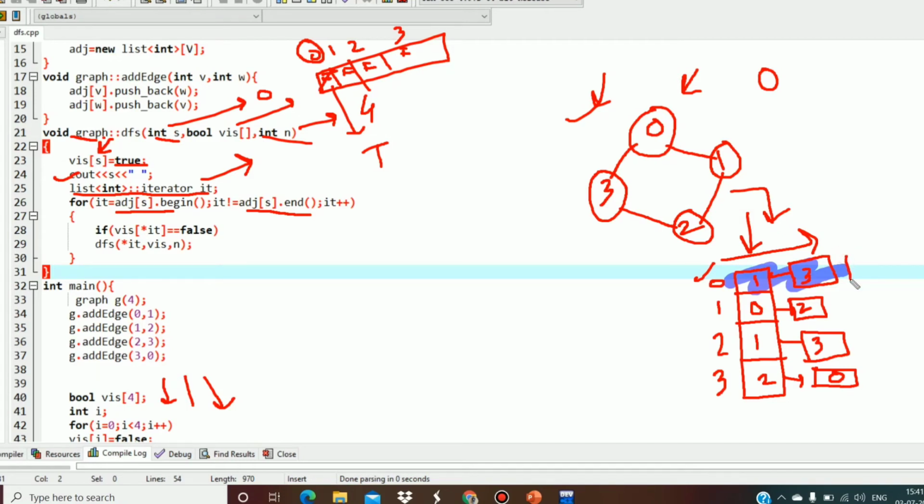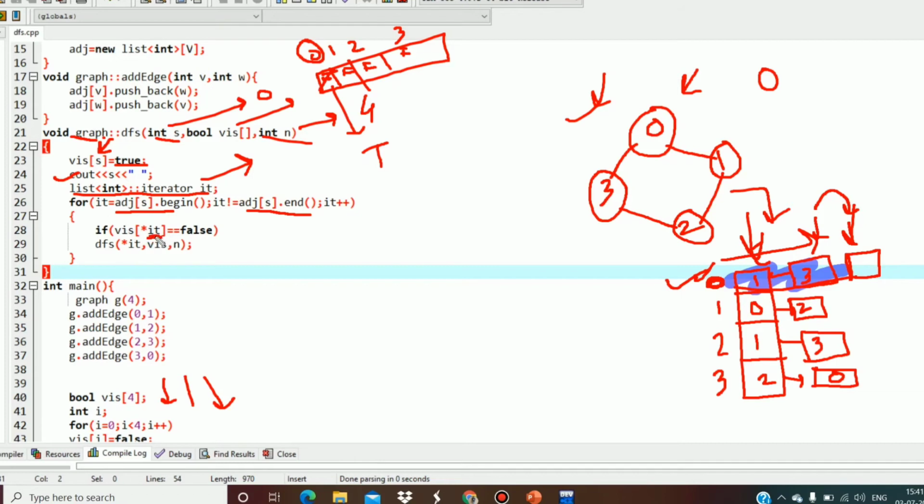The end position is not the last cell itself. Suppose this is the last cell; the cell after this last cell will be the dot end location. So it will start from adjs dot begin. adjs means this vertex, vertex zero. Dot begin means this one, to dot end means this one. So it will start traversing this.